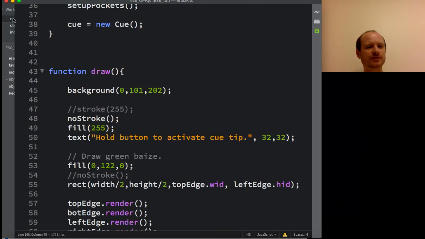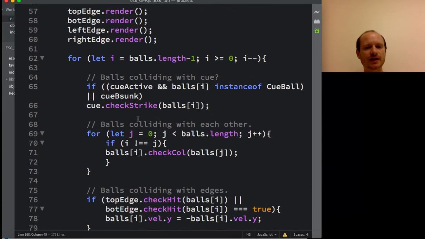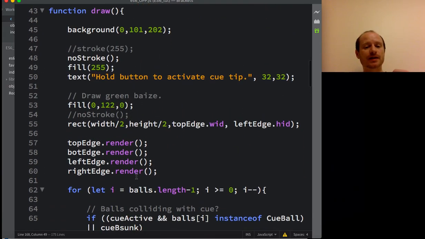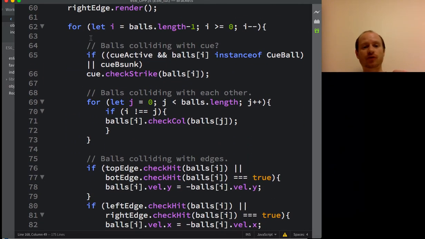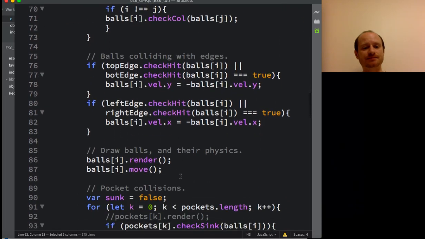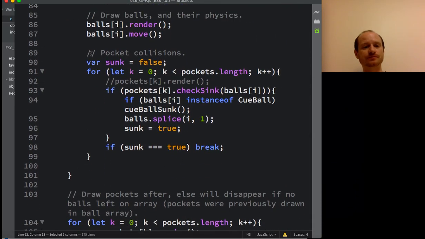So if we go back to the main program, we're in our draw loop. So this is our game loop or animation loop. In there, we've got a for loop, which we shouldn't have there. We should give it its own function. But there we're just going over all of the snooker balls, and we're starting with the last ball in our array. So we've got an array called balls, and we start at the last ball and go to the first ball in the array. And we do it backwards because right at the end of that for loop, we're checking